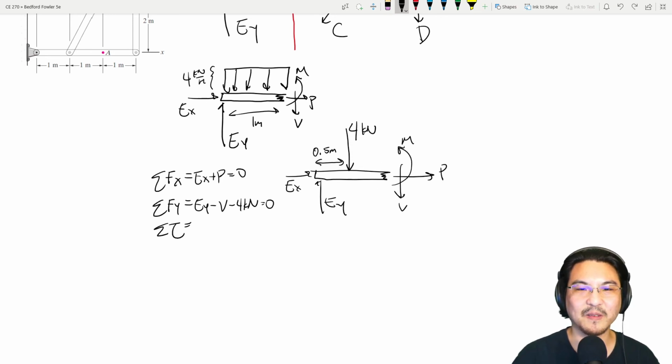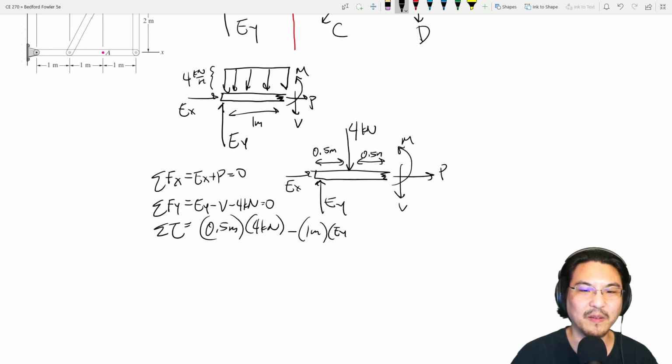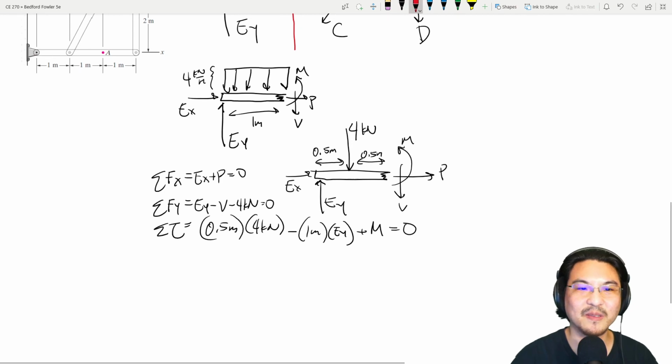Okay, so here to here is also 0.5. 0.5 meters, 4 kilonewtons, and then here to here's 1 meter minus 1 meter, E_y, and then the couple plus M equals 0. Let me point out the unknowns